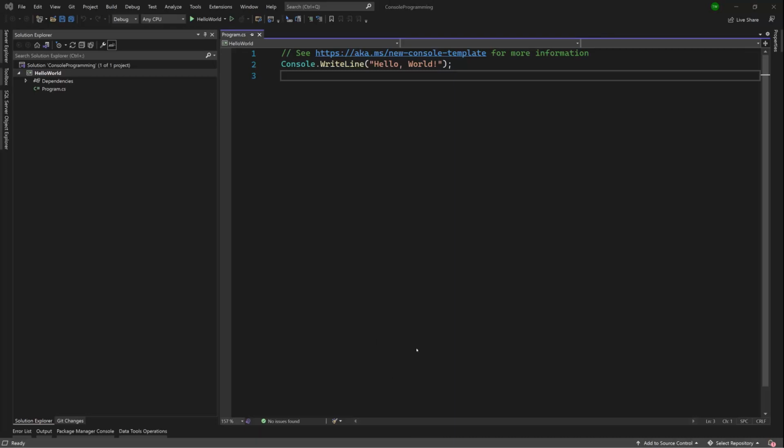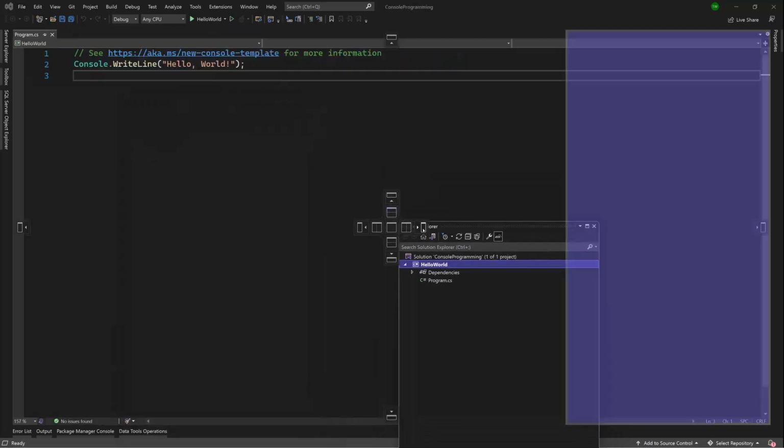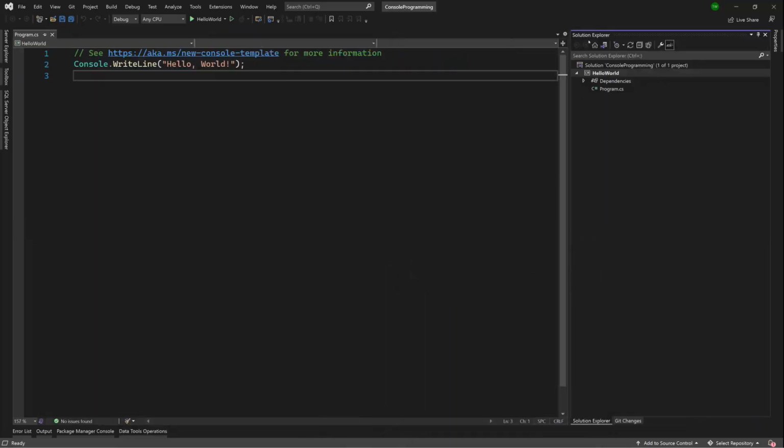All right, so in this lesson, we're taking a look at Visual Studio 2022, the user interface, how everything is connected, how it works, how we use it in general. First of all, you'll notice that my Solution Explorer is to the left. Yours by default is probably to the right. So you can actually take these